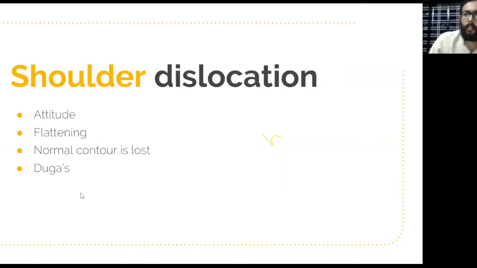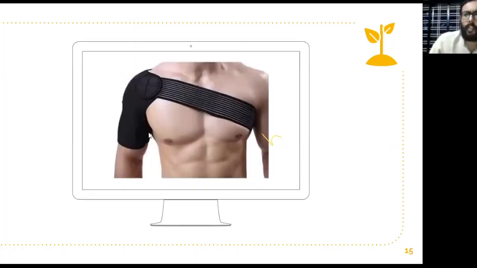These things I already explained. This is called a shoulder support. This shoulder support should not be advised after immediate bandage for shoulder joint dislocation. For shoulder joint dislocation, either you use shoulder spica bandage or you can use shoulder immobilizer. Shoulder support we can use to prevent further dislocation when the patient is playing cricket or volleyball, as a support. But it should not be advised after shoulder joint dislocation as part of bandage.